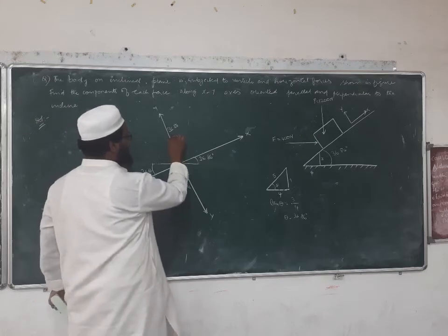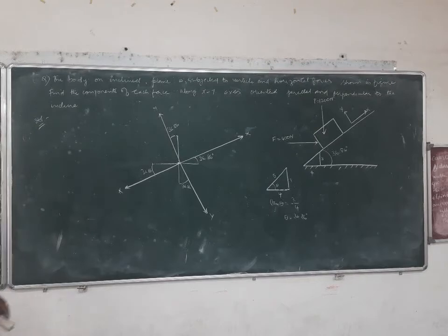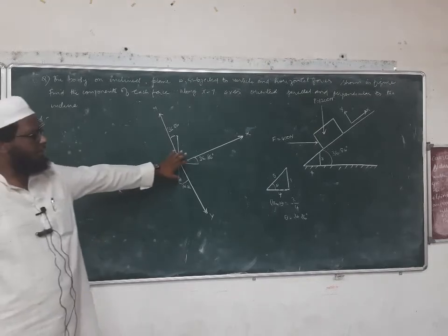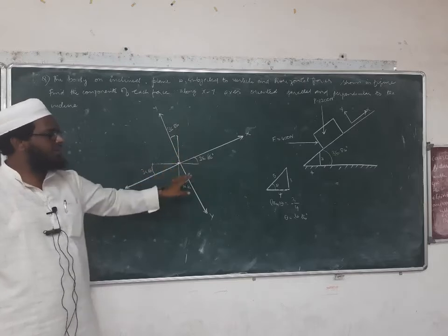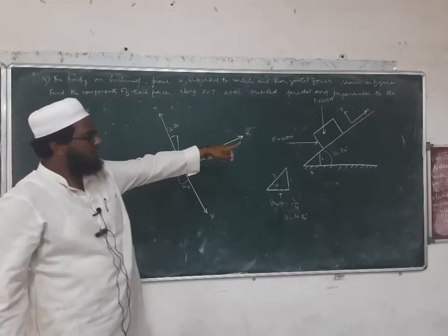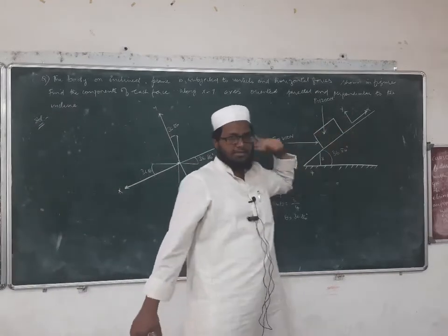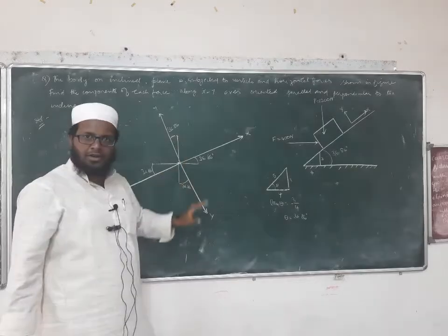And this angle is 36.86 degrees. Now you see, our original x axis has been removed. This is the x and y axis according to the problem. Okay, according to the problem, this is our x and y axis. Very, very important. Okay, now after this one, I will draw our